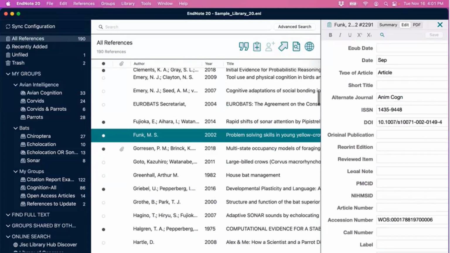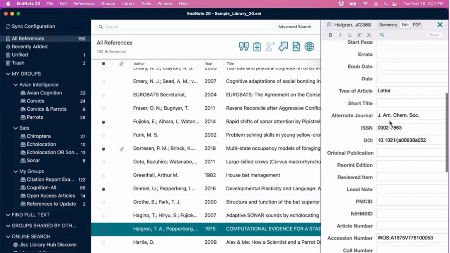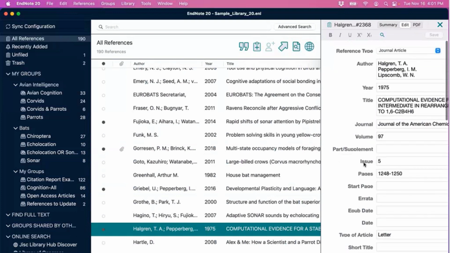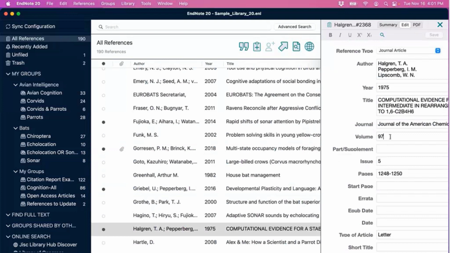So just to show you, as I click around, the details are updating to show all of the fields related to that particular reference. There are dozens of fields available to populate. Like I was mentioning, if you needed to make a correction to a reference, you could actually make changes here. You can fix a typo. You can delete a piece of information. You can add a missing detail. It's really personal preference with regard to how quickly you're building the references or how many pieces of detail you're keeping in each one of your library entries here.